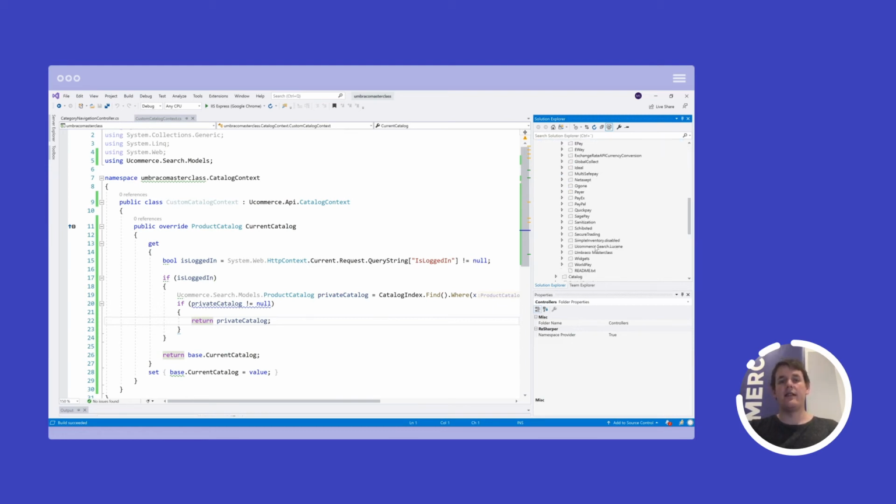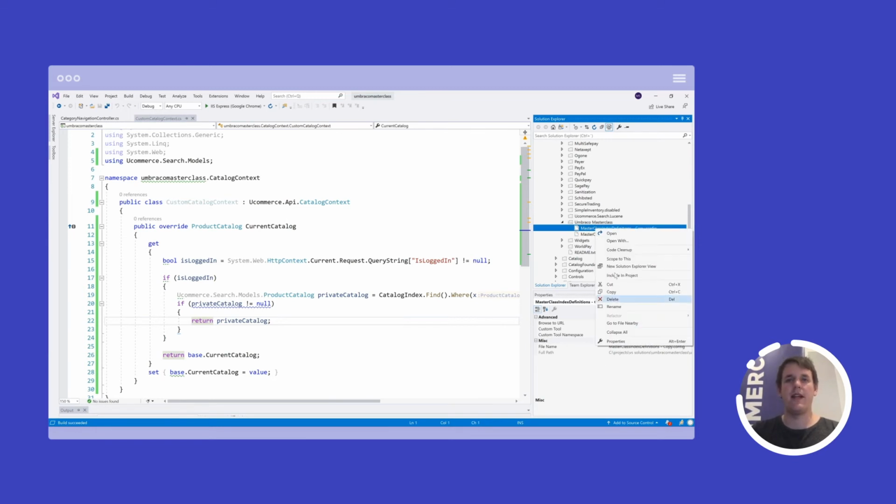The way that it happens is that we have this notion of the apps folder. So if you find the uCommerce folder under your CMS and find the apps folder, you will see that there's a bunch of folders with a bunch of configuration. We have actually already done that once in the Umbraco masterclass, where we defined the index definitions for our fields and our facets. In this case, we need to create a new one again, and we can just reuse the masterclass folder here. And let's try to just copy paste the existing one and call this catalog context.